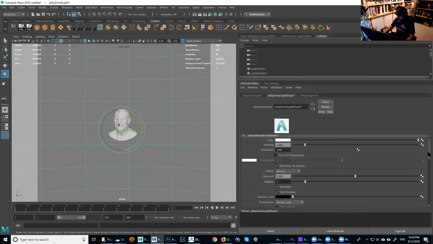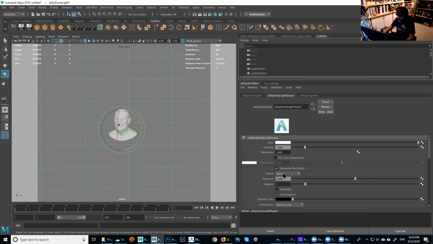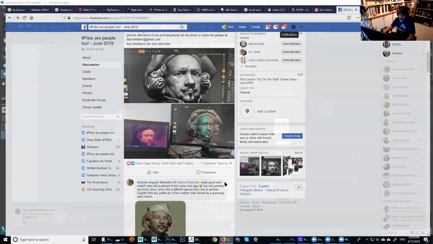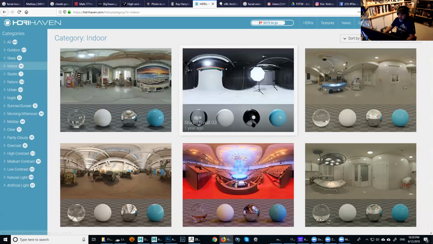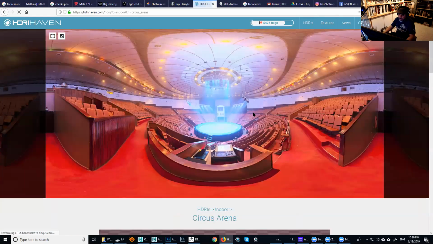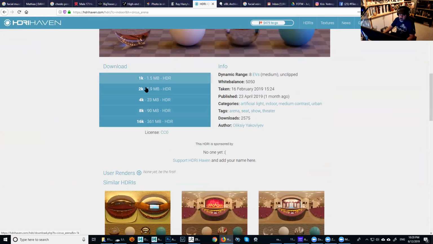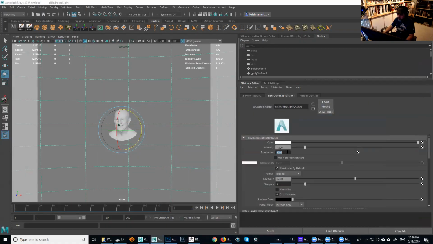I already spoke about the intensity. So I'm gonna turn off the normalize, and color temperature is not gonna matter. I'm gonna add the size of the map. It all depends on the map you're gonna be downloading, of course. If you try to download any of them, you're gonna see there are multiple resolutions, like 1K, 2K, 4K, 8K, and 16K. I normally use 4Ks. They're good enough for reflections and everything. So I try to match that resolution in here. We have to do the same.